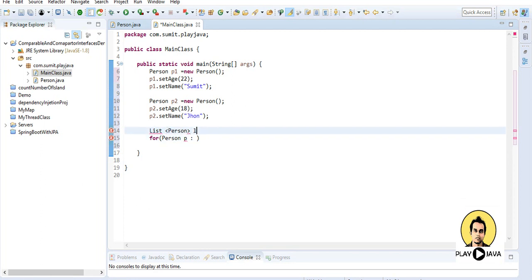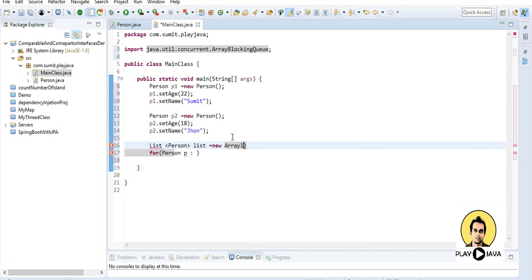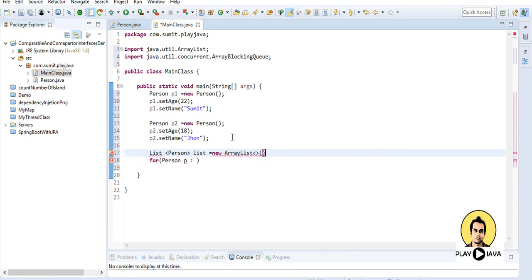List is equal to new ArrayList, not ArrayBlockingQueue but ArrayList, and I'll provide Person here.